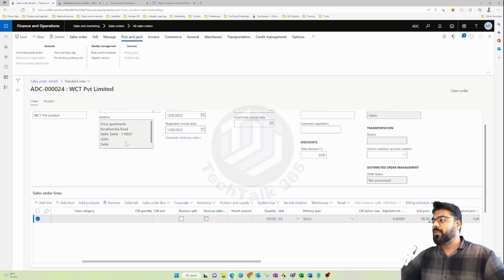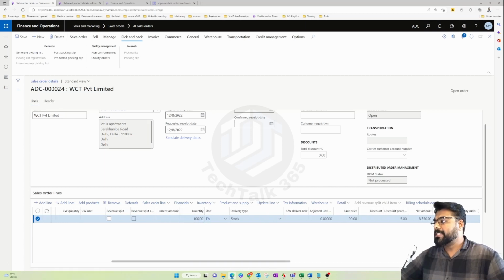So let's say I'm going with 100 price, but still, even if I say 100 price, I still have my discounts applied, the system is not stopping me, still it's letting me go. So if you want the system to stop you whenever you are trying to key in a quantity which is more than that of an agreement quantity, then you should go with an agreement with the max enforced checkbox checked. Okay, in this case it is not letting me do.